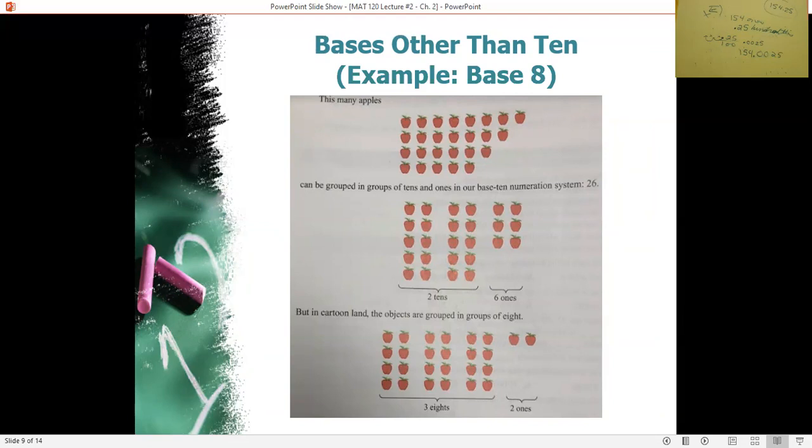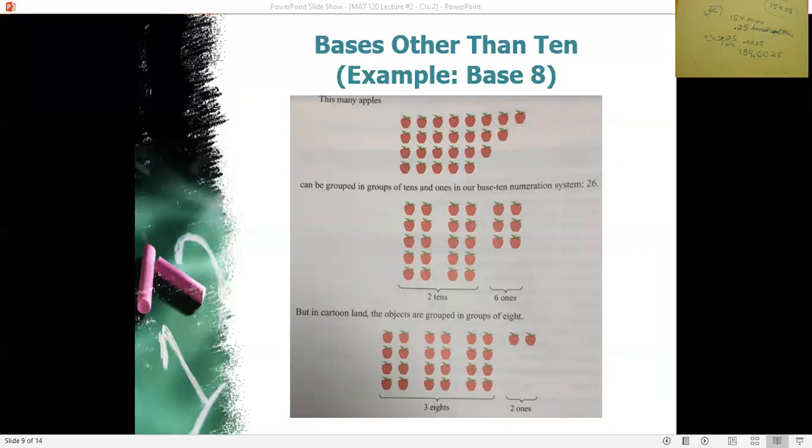We have a group of apples, and it's a big pile of apples. And as you could see, we could count them the old-fashioned way with just pointing to one at a time and saying out loud the next number. We can group them in tens and ones also if we want to make it clear. For example, if I deliberately separate them so that I have a group of 10, it turns out that I wind up being able to make two groups of 10, as you can see there, and then there are 6